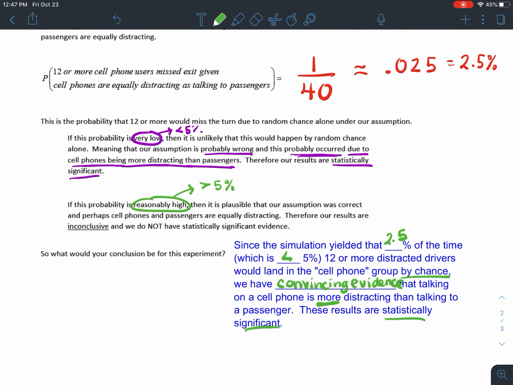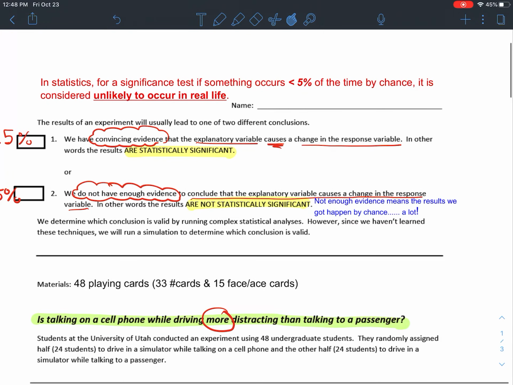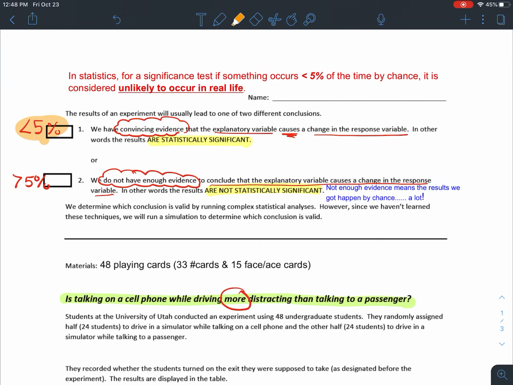There's a lot we're going to be doing in the future that revolves around this idea of simulation and looking at whether your results fall above or below that 5% mark to dictate whether you have convincing evidence or not. I think the key here is, when you're looking at your results from your simulation, if something you're looking at is only happening less than 5% of the time, that's when you've got the evidence in support of the explanatory variable causing the response variable. It's when what you're looking at happens frequently, more than 5% of the time, randomly, that you don't have the evidence in